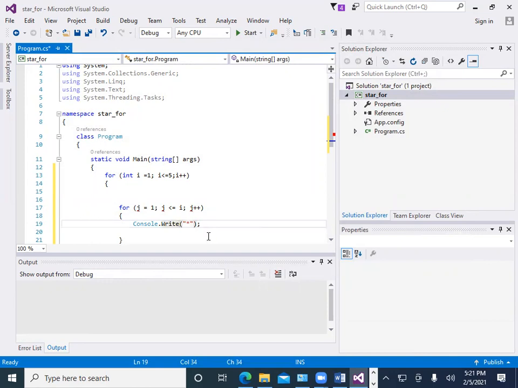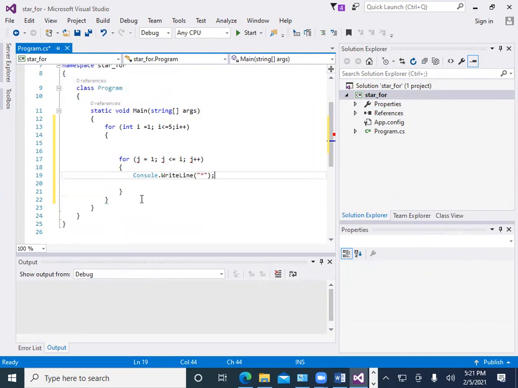So here write line. And after the for loop we write console dot read line.